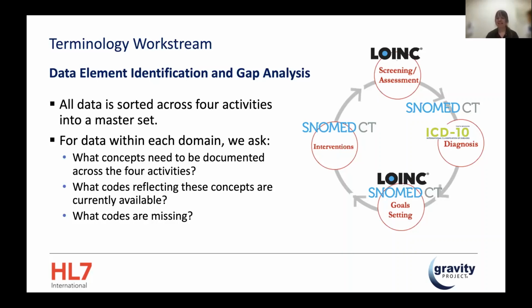And then lastly, we consider interventions, and I'll talk more about that in a few minutes, but this is all then built into SNOMED CT. What am I doing to address the risk that's identified? Again, so you have a food insecurity identification, what programs, professions, or people am I connecting that patient to once the risk is identified? So we identify all of these concepts that we need to say. We reflect again on what codes are available to represent these critical concepts that we've identified, and then what codes are missing.